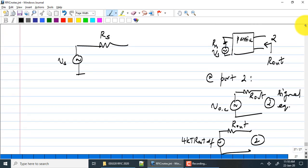So for us, we are not interested in how the antenna is made. We know that it is passive. It presents an electrical resistance of 50 ohms. Therefore, the noise equivalent will be 4 kT Rs delta F, a voltage squared noise